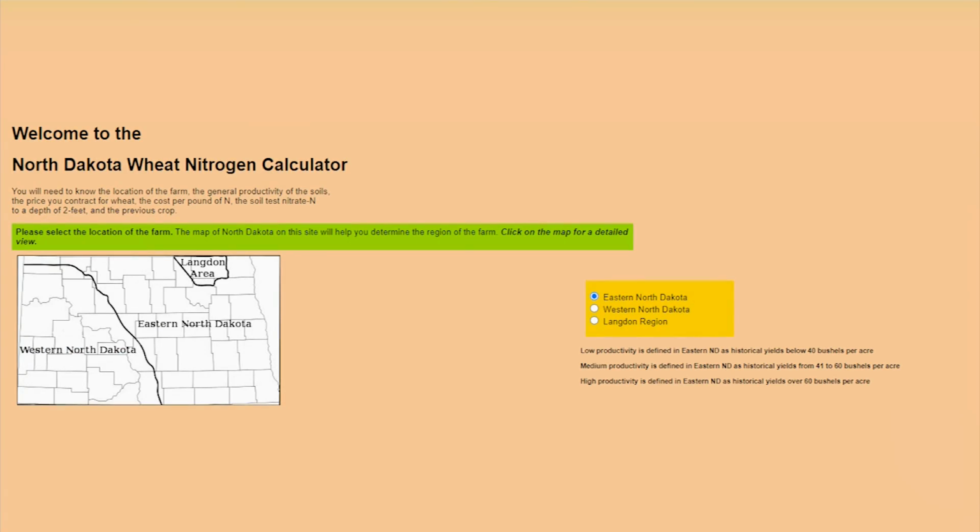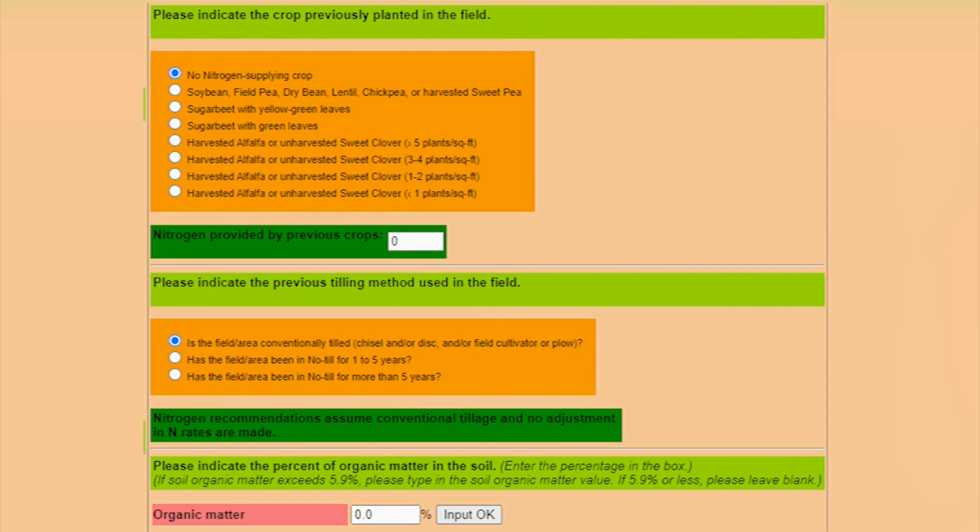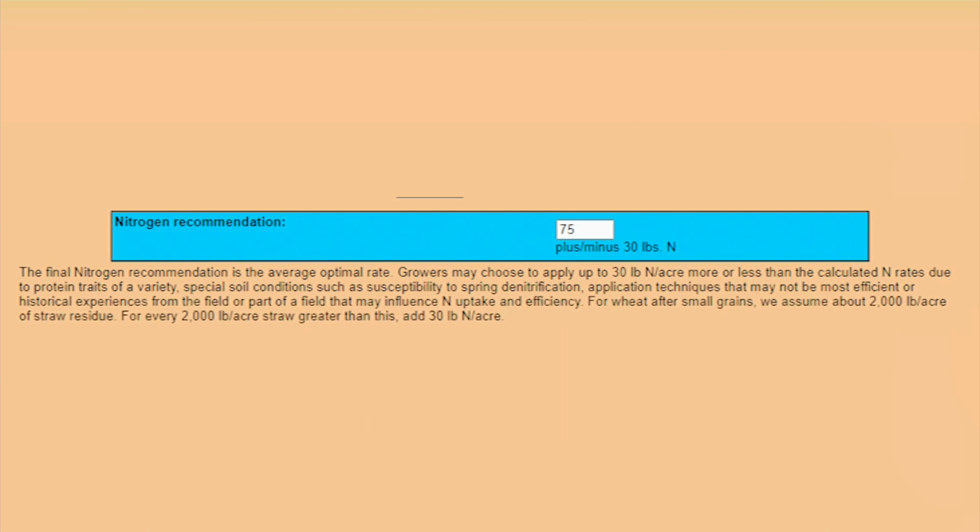Augustin shares that here, North Dakotans have the ability to use the NDSU crop nitrogen calculator for assistance. Several variables in the soil, such as your soil test, which we've been doing for a number of years, and I think most producers have a good understanding of that. But with our crop nitrogen calculator, with how costly it is, it takes into account the cost of that fertilizer, as well as what the cost of the commodity is, or what you're hoping to make when you sell that